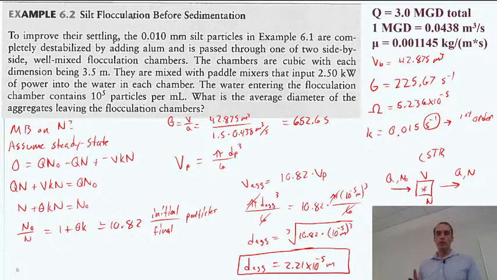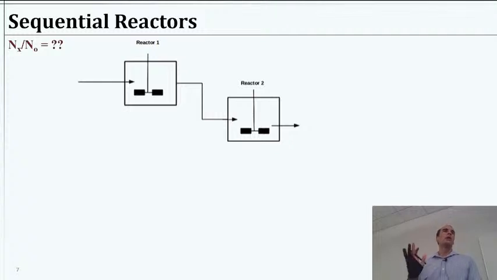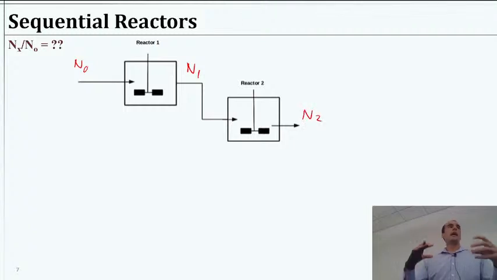I have one other thing I want to just quickly mention. If we have sequenced reactors, it's a little different than parallel reactors. We just did one with parallel reactors. It is possible for us to sequence reactors. I'll go a little more in depth on this at a later time, but we do see this with coagulation and flocculation chambers in particular quite often, where we would have some initial, some intermediate, and some final. If these are exactly the same types of reactors, the math can actually become quite simple, combining these together. I'll come back and talk about this at some other point, and make sure you don't need that for,